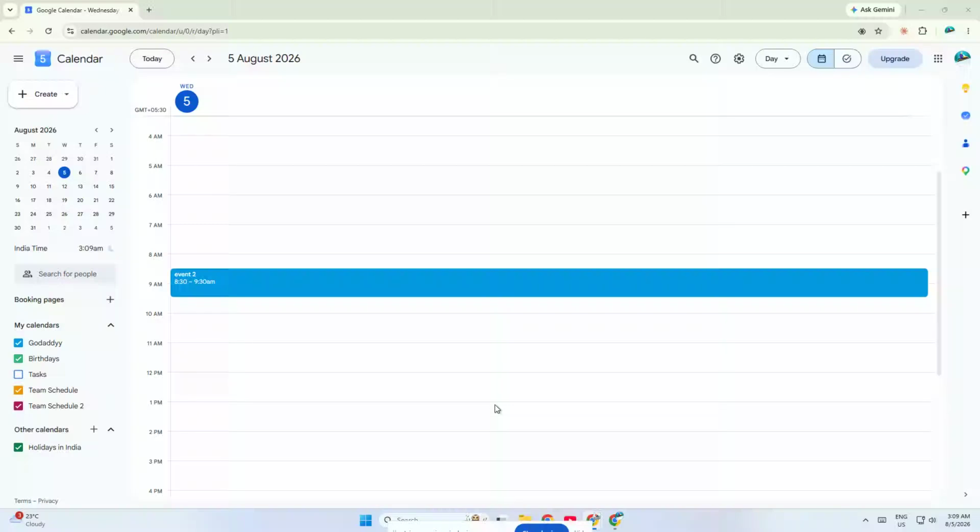If you want to make sure you never miss an event, meeting, deadline, or reminder, then in this video I'll show you how to turn on notifications in Google Calendar step by step. This is really useful if you use Google Calendar every day and want alerts right on your computer or through